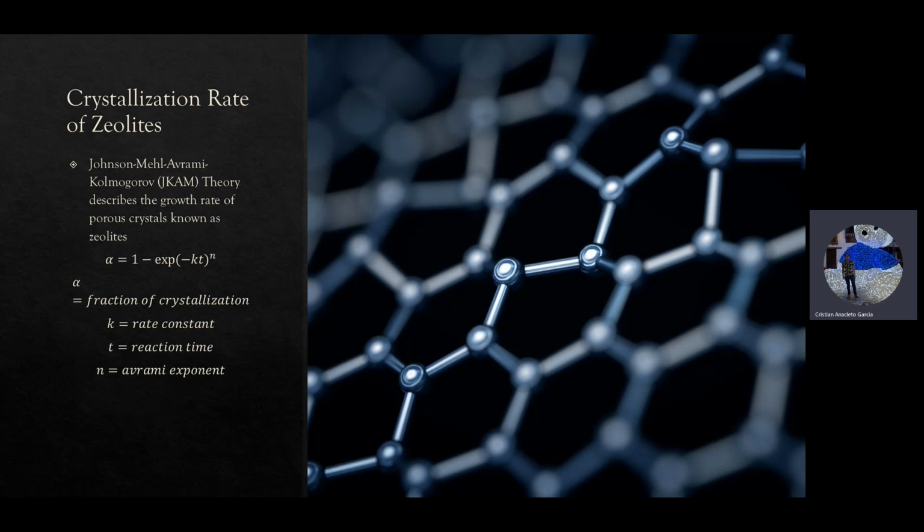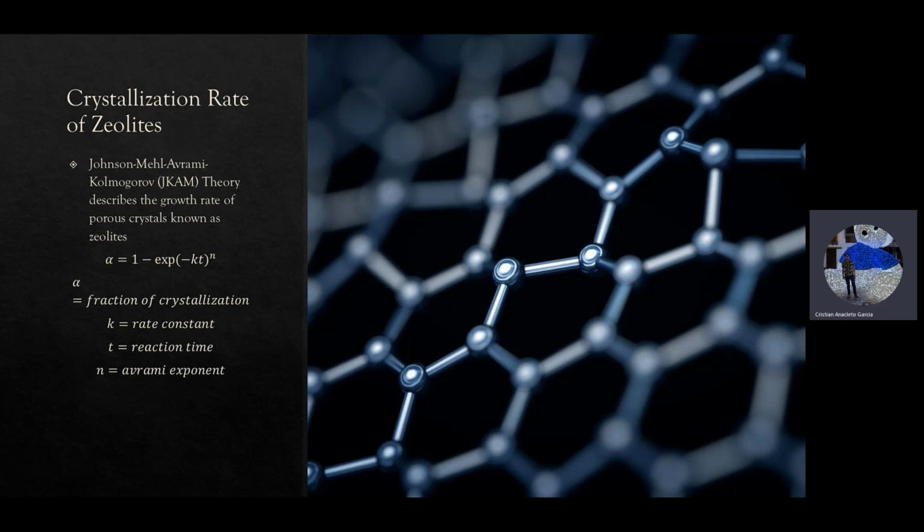These rate constants are similar to the rate constants observed in elementary power laws for basic gas and liquid chemical reactions. And then we have a variable t, which is the reaction time, and a variable n, known as the Avrami exponent. These kinetic models are multidimensional, and one important concept to keep in mind for this specific model is that